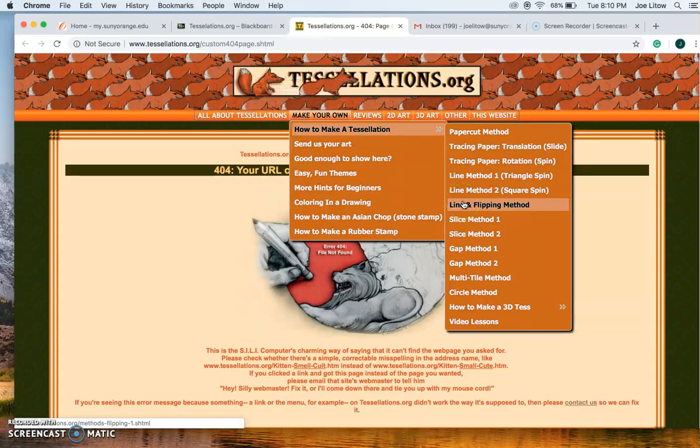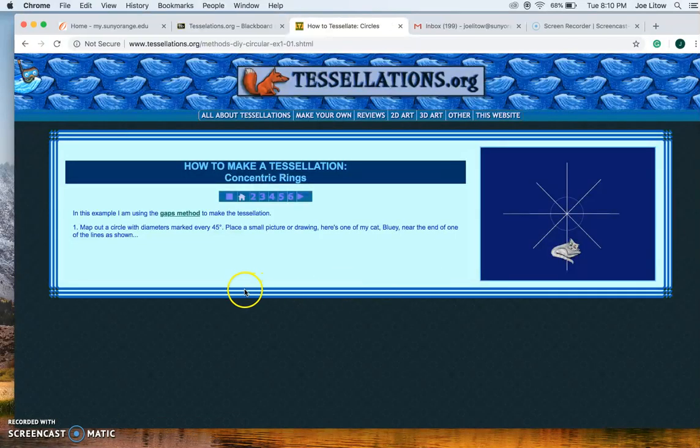Proceed down the list so that you can get an idea as to what to explore, what to learn in order to create your own. I wanted to point out one that has been very successful for students in the past, the circle method.